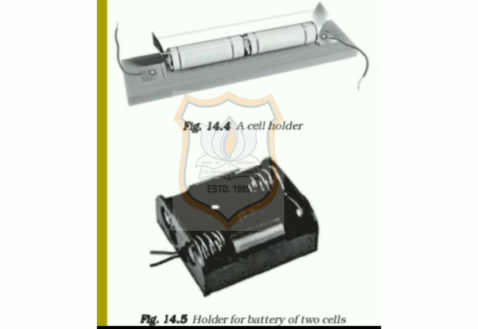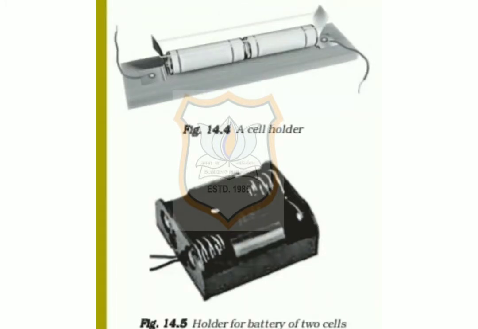Students, how can we connect the cells to prepare batteries for our activities? You may make a cell holder as shown in figure 14.4 using a wooden block, two iron strips and rubber bands. It is necessary that the rubber bands hold the metal strips tightly. You could also buy cell holders from the market for making batteries of two or more electric cells. Place the cells in them properly,